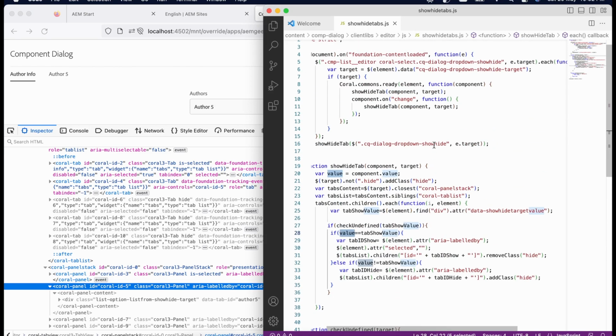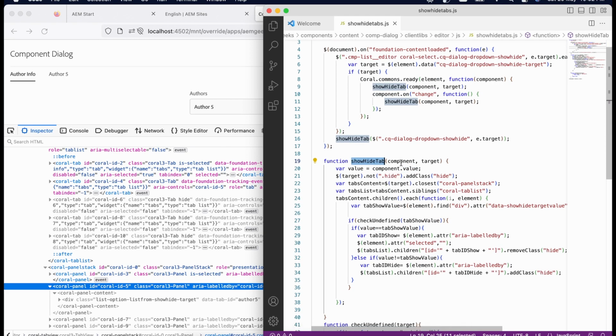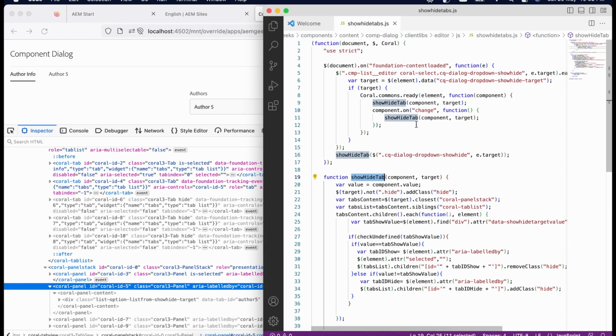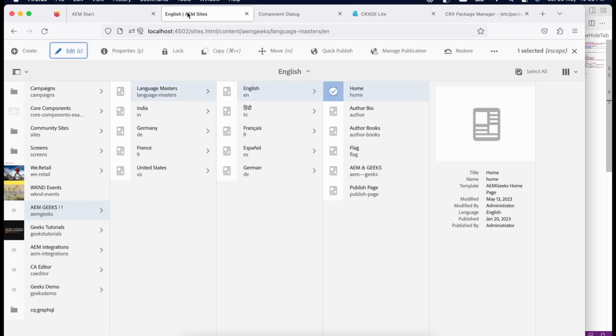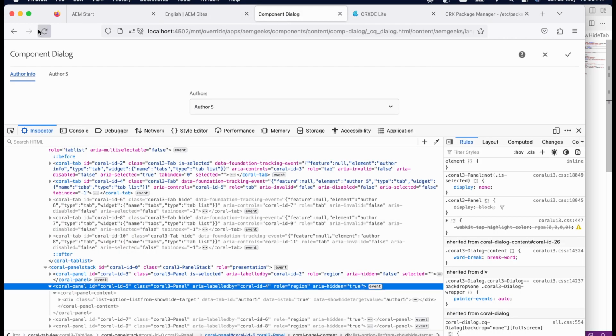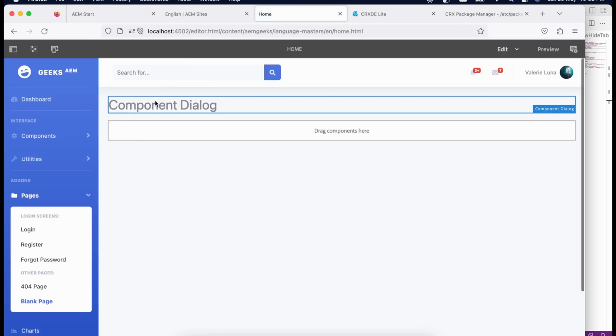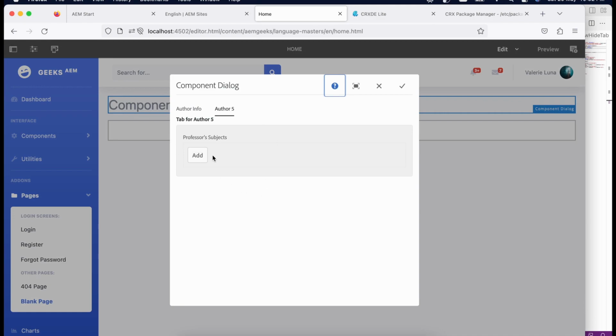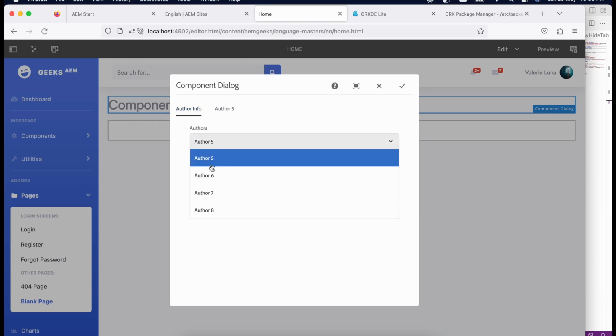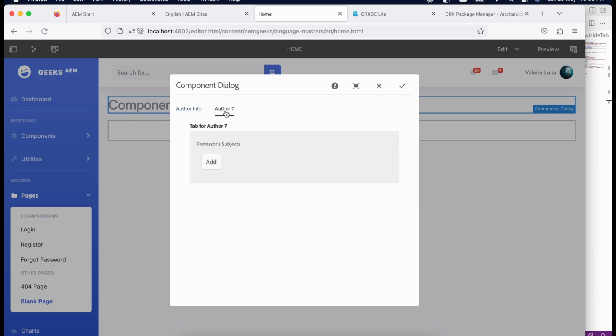Now it should work. Whenever I change something, on first load this method will be called by passing this value, so it will find, and again on change, the same method is being called. So now let me try this one more time here. Let me close everything and close this. Let me open the dialog. If you see, when I open, because author 5 was selected first, on load this tab was visible. So if I change here, come back and say 7 is chosen,